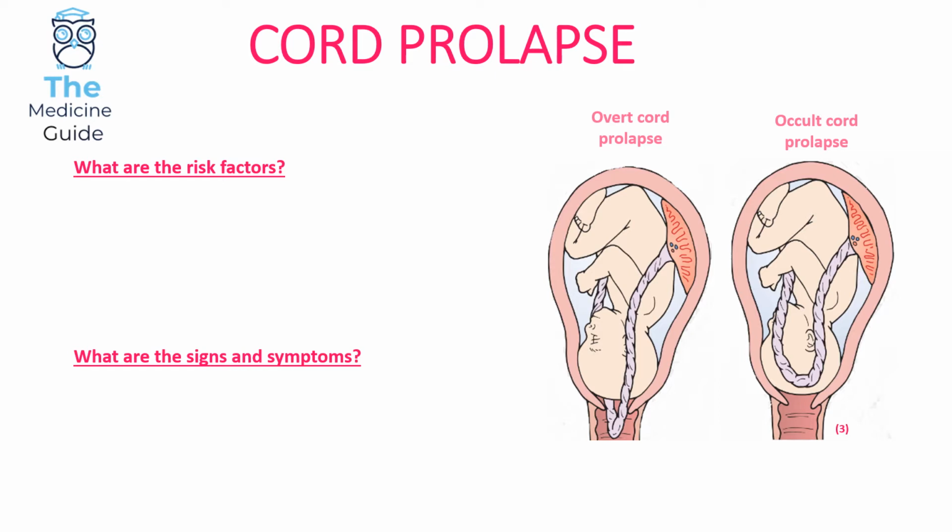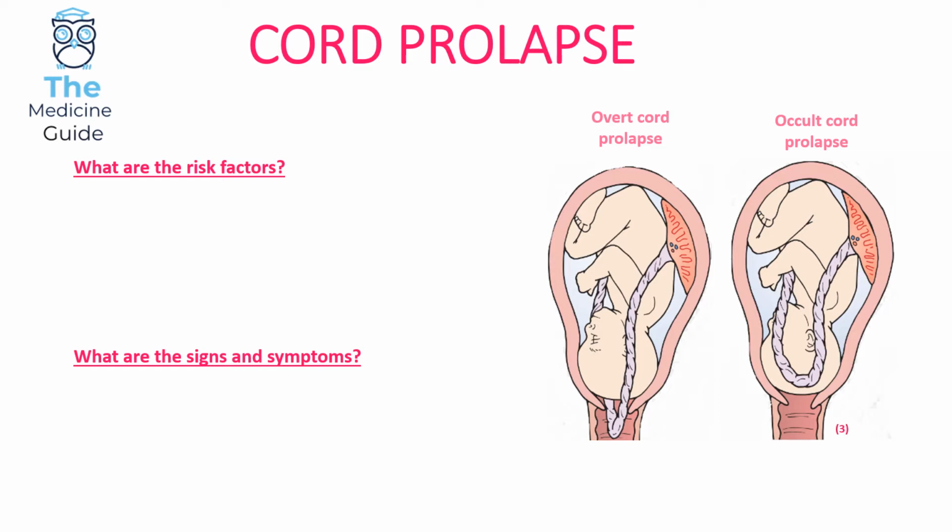So when the baby's been born, the baby is either born in a cephalic position, so that's when the head comes out first, so then the presenting part would be the head, or the baby may be delivered in a breech position, so this is when the feet come out first, so then the presenting part of the fetus would then be the feet. So going back to the definition, the presenting part of the fetus is just describing the first part of the fetus which is being delivered first, so that could either be the head or it could be the feet. The most important thing in a cord prolapse is that the umbilical cord is presenting before the